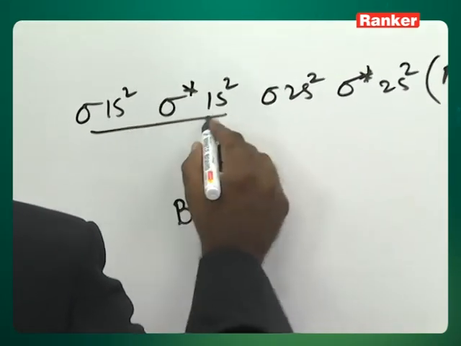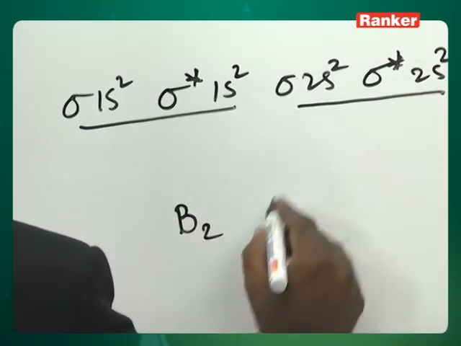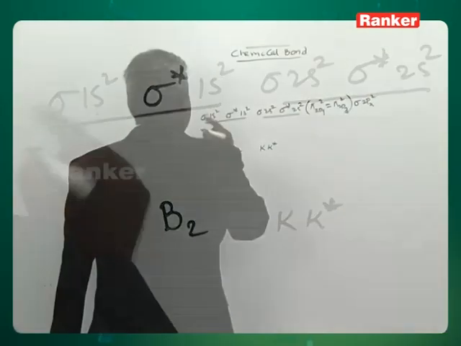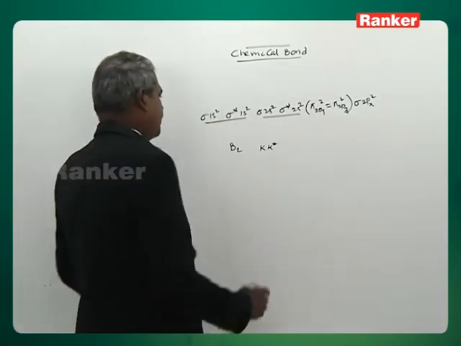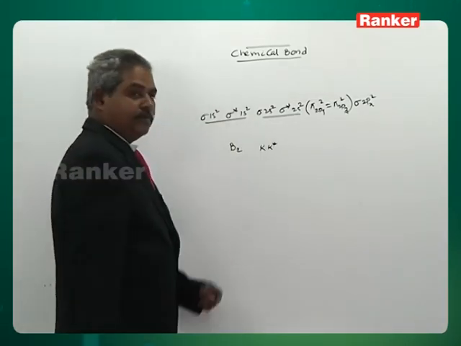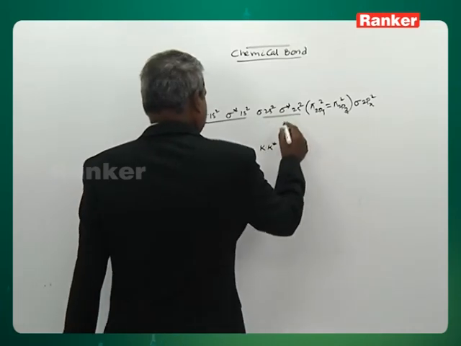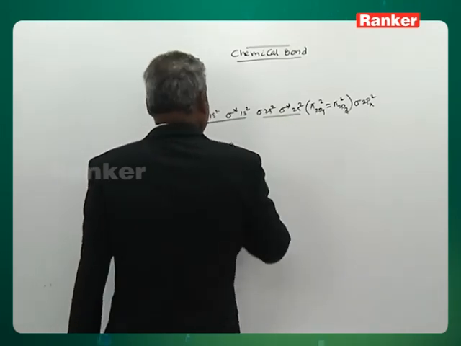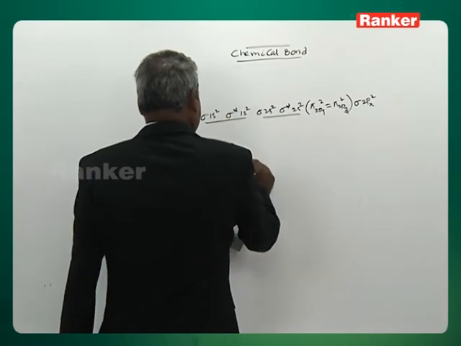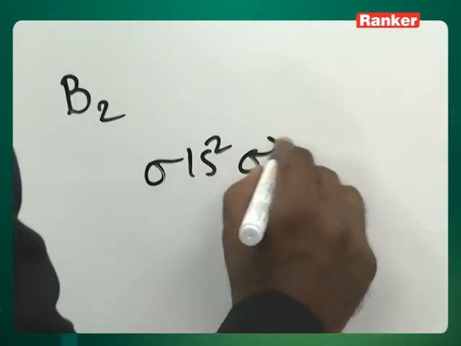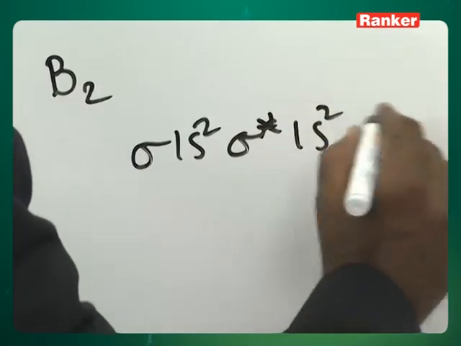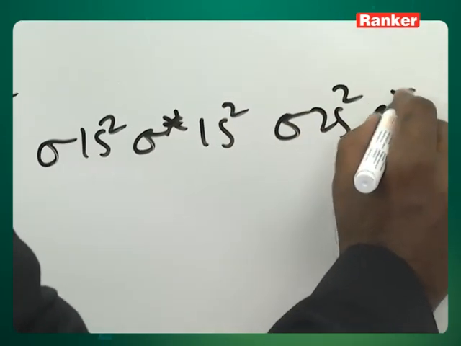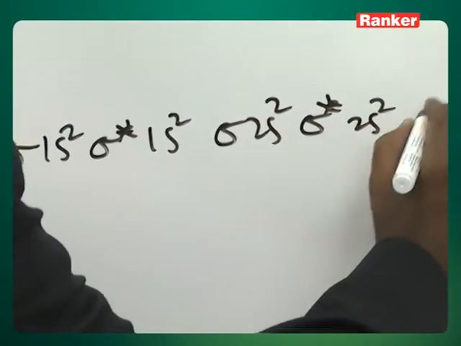So, this is K, K star, this is L, L star. When I say K, K star, it goes without saying that this is kth orbit, this is K star orbit, KLM. This is sigma 2s2, so this can be ignored. Since these are sigma 1s2, sigma star 1s2, up to 8, bonding and anti-bonding are equal. Sigma 2s2, sigma star 2s2, and pi